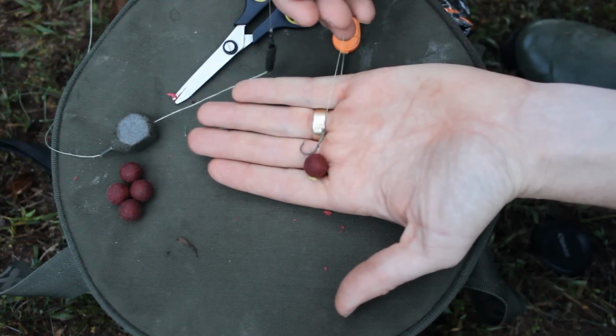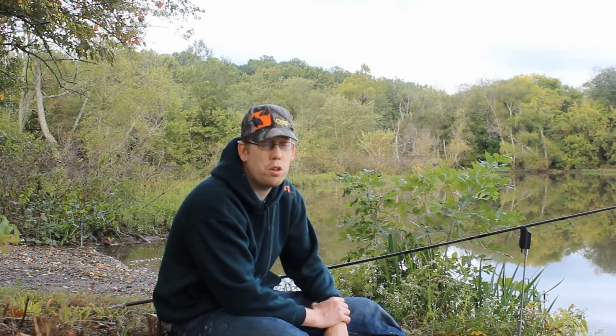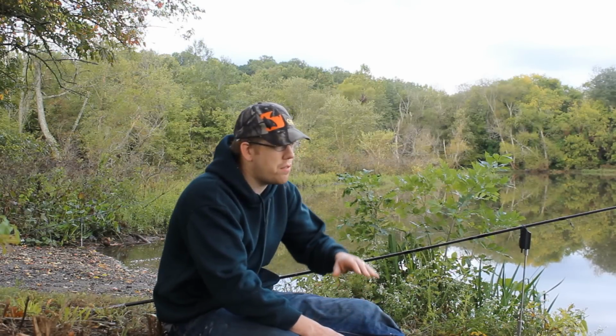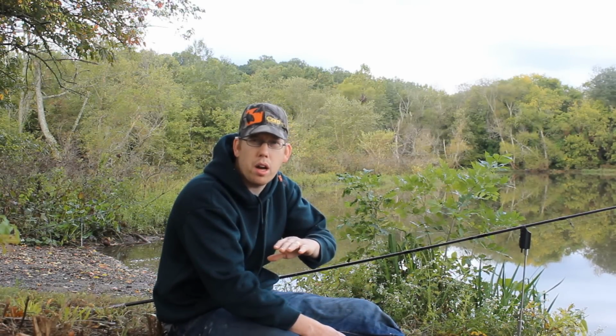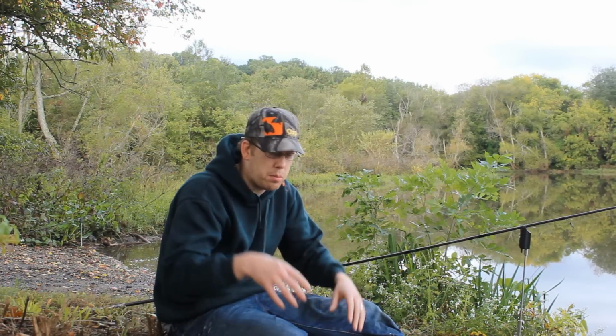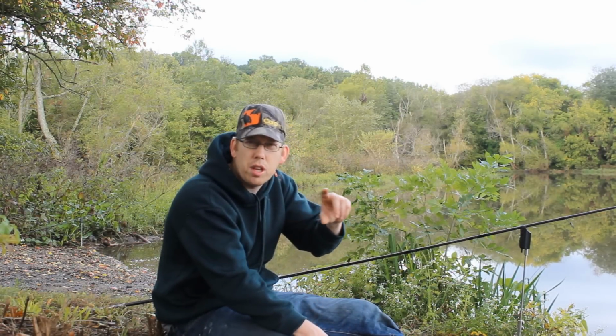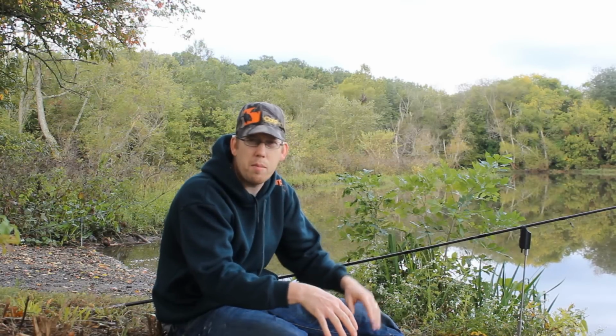However, don't limit yourself. There's a lot of other types of rigs you can use. When you're using pop-up rigs, the advantage is it gets the bait out of the muck and the weeds. So for instance, if you have a lake with very mucky bottoms, very soft silty bottoms where your lead just sinks right into the mud, and there's maybe even a couple inches of vegetation, kind of slimy weeds on the bottom,